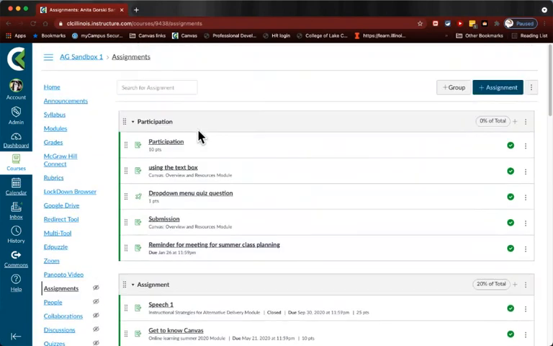You'll know that it's an assignment because of this little icon alongside the title. If it's an icon that looks like a pencil and a piece of paper, that means it's an assignment that you have to complete. Usually it means that you either have to attach something by an upload or you have to fill it out right here in Canvas, one or the other. It could be either one of those. But that's your indication that it's an assignment.